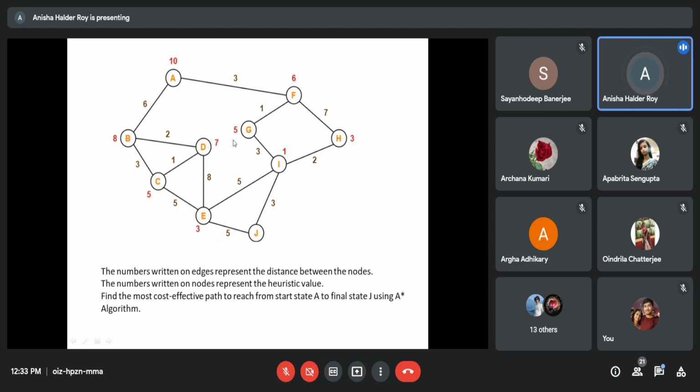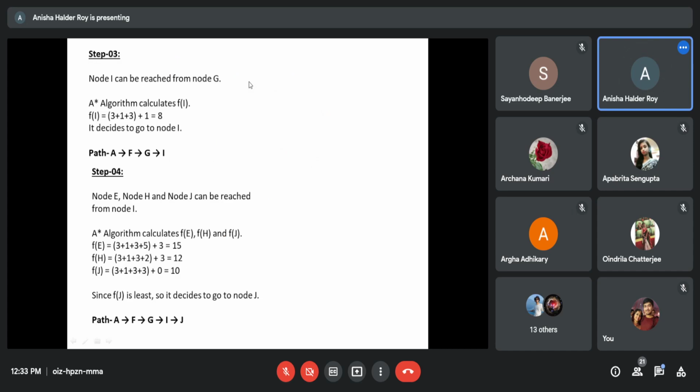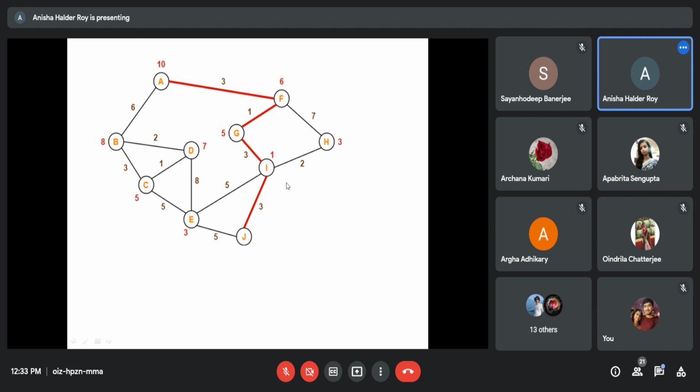For the path AFGIJ, the heuristic is 0, since J is the goal state and its cost function is given as 0. So 0 plus 3 plus 3 plus 1 plus 3. For the path AFGIH, the heuristic is 3, so 3 plus 2 plus 3 plus 3. So J is the least. The value is 10, and the path is AFGIJ. Here is the path. You have reached the goal.